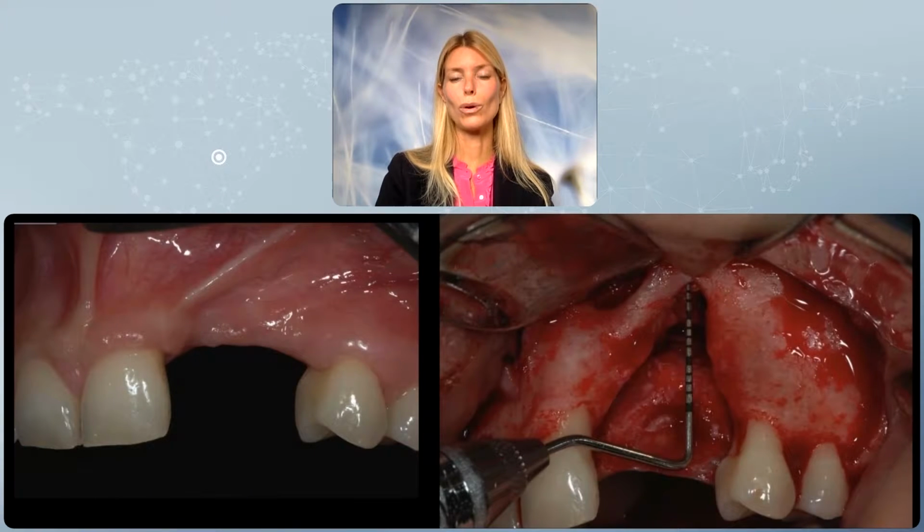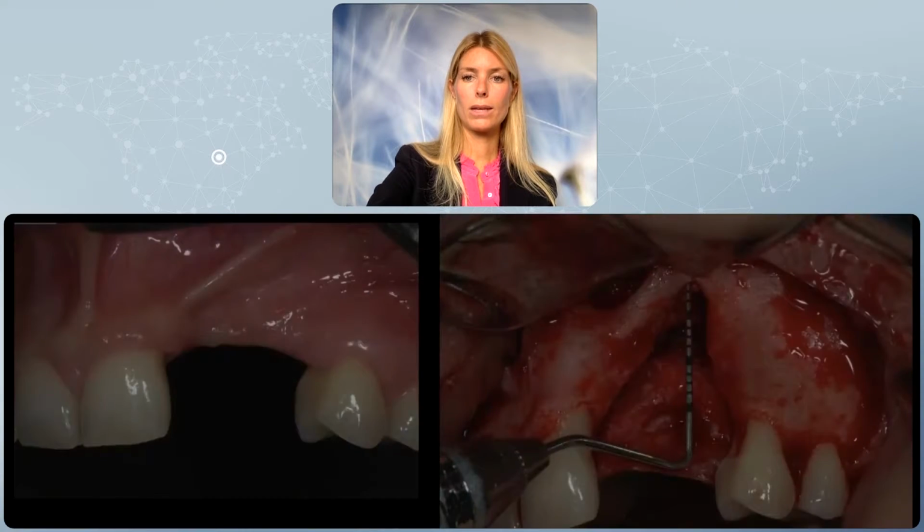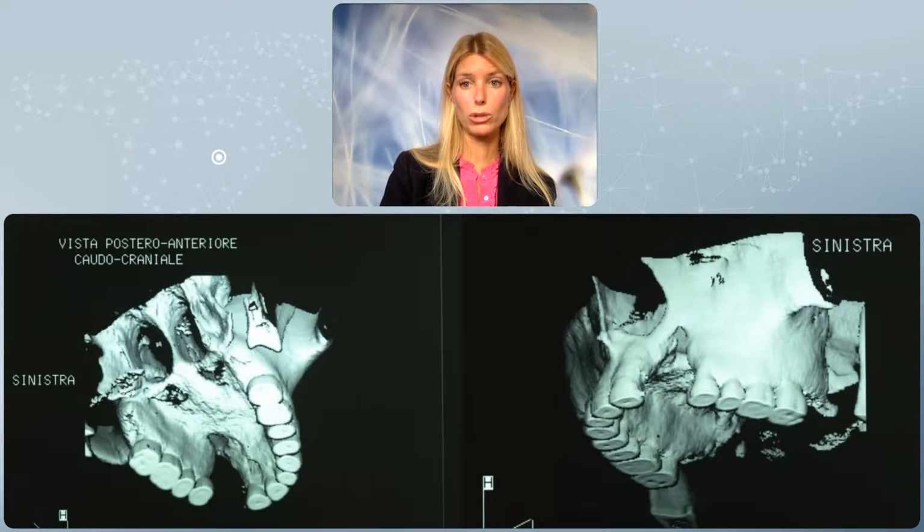She was a 32-year-old patient where the upper left lateral incisor and the canine, so a very difficult area to restore, had presented with this kind of defect. We're talking about almost a 20 millimeter defect, so a 2 centimeter vertical defect, with absolutely no palatal support or buccal support. And you can visually see the nasal cavity, which is very close to the apex of the defect itself. The technique has always been the same, with the same exact protocol as we saw throughout the presentation,